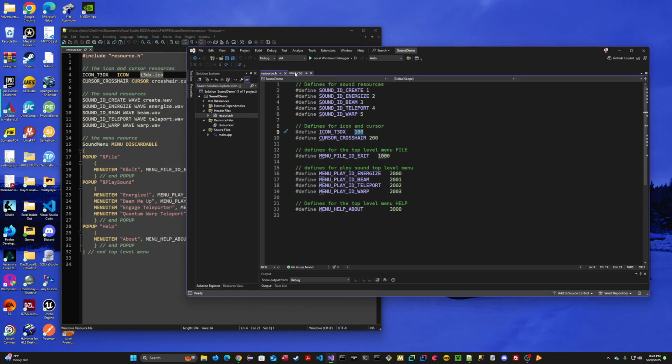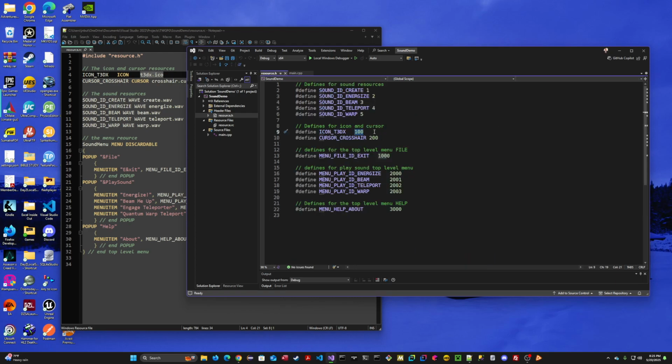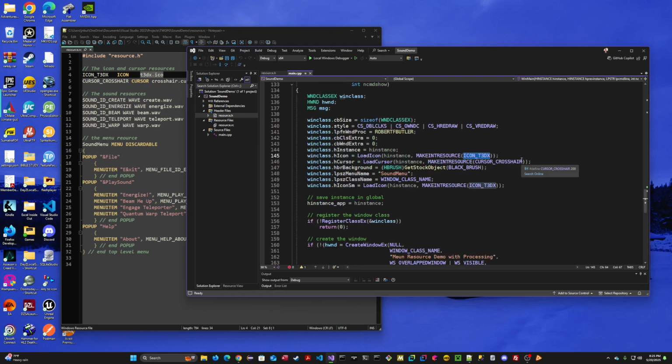So in the code, when we want to use that, we have to use this macro called MAKEINTRESOURCE, and we tell it the identifier, and it slaps the number 100 in here, and that's how all of these resources are used,